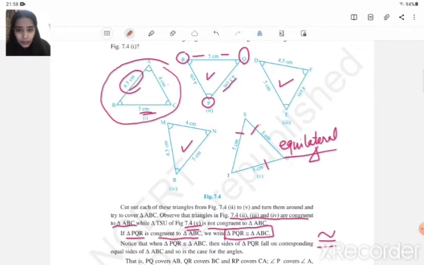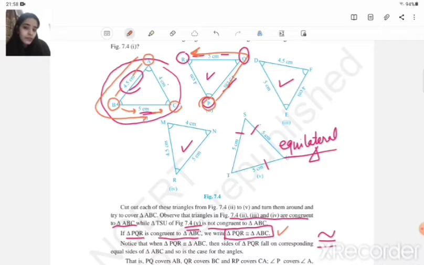Now let's see for ABC. We started from P, and we will start from A, then we have 4.5 centimeter, then B, and then 5 centimeter and C. So this is the order in this triangle, and ABC is the order in the other triangle. Therefore, we are saying PQR is congruent to ABC. We cannot say PQR is congruent to CBA, because then the dimensions will change. I hope you are understanding this point. The dimensions should not change while stating two triangles congruent.